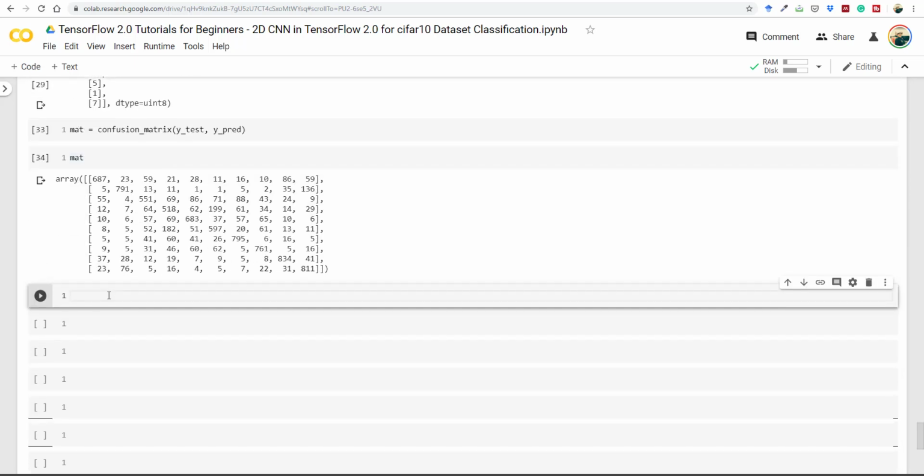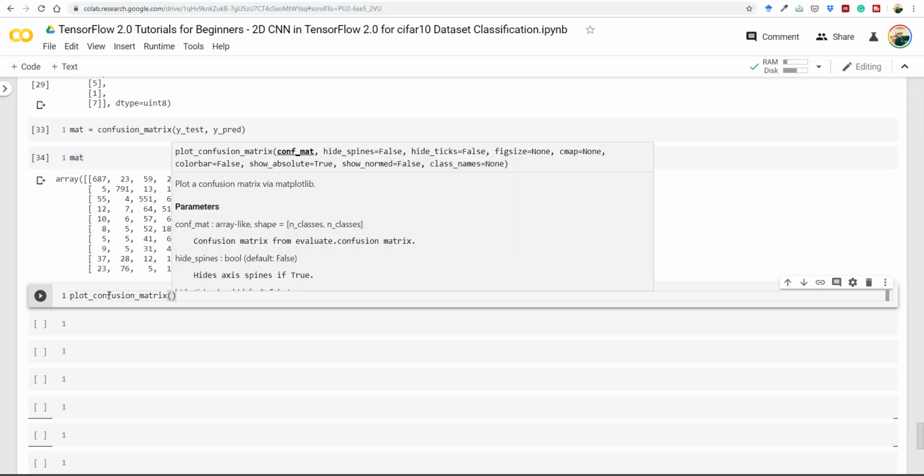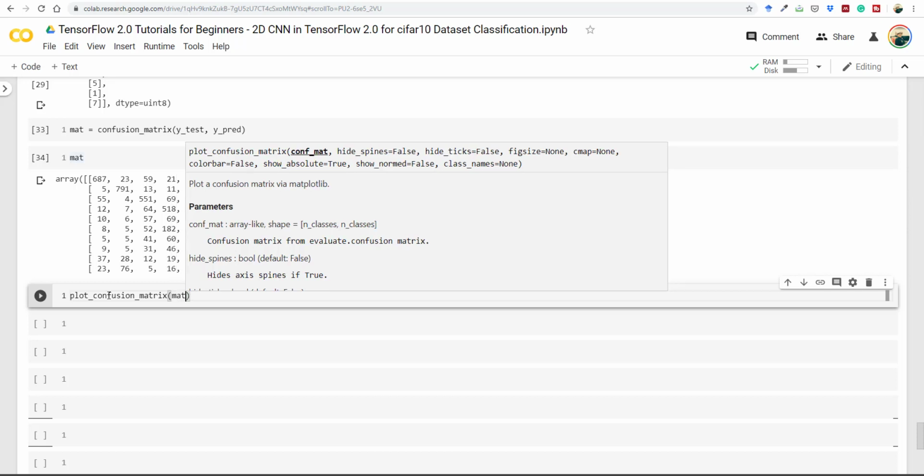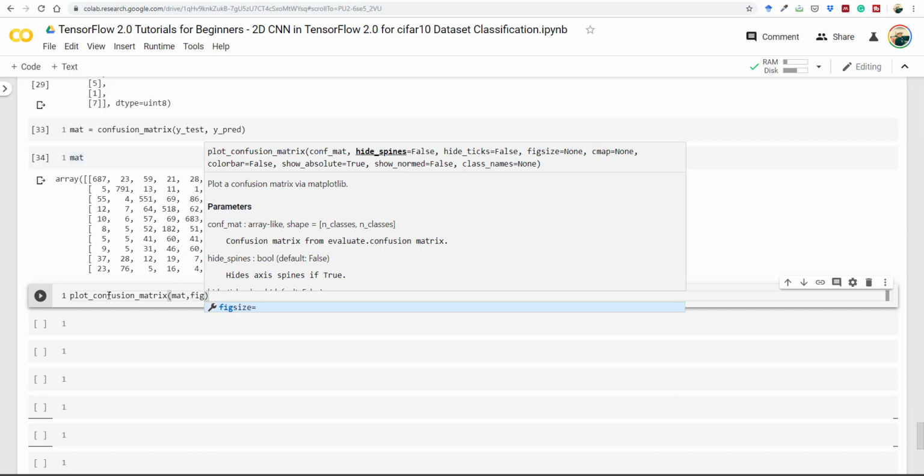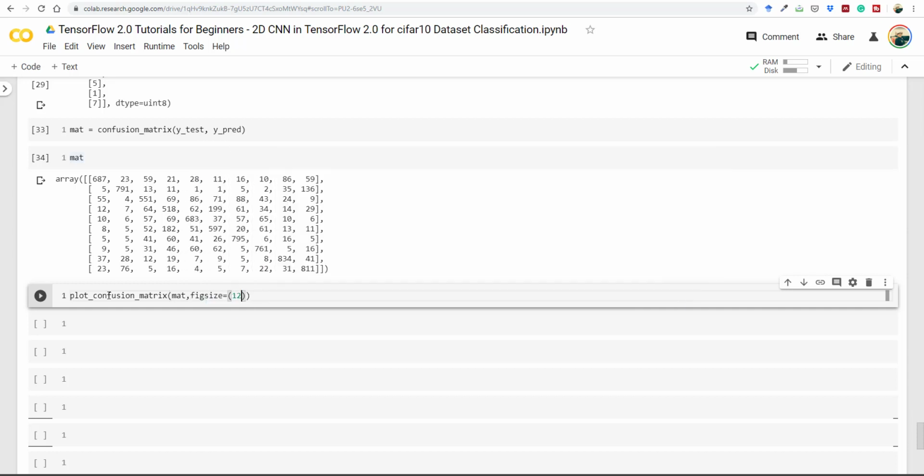Let's go ahead and plot it. This is really very simple. In one line of code we can plot this. So here we have plot_confusion_matrix, and it takes an input confusion matrix. In that confusion matrix we need to first match, and then hide_spines. We don't need to give any parameters there. Let's go ahead and set a figure size, and I'm going to set a figure size 12 by 12, and